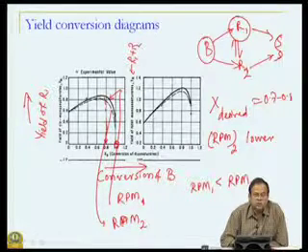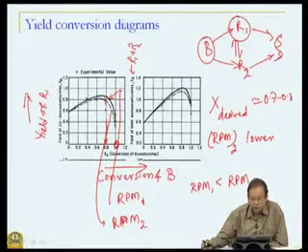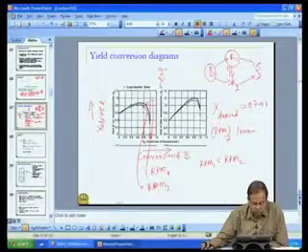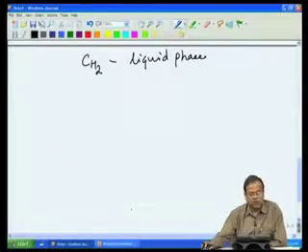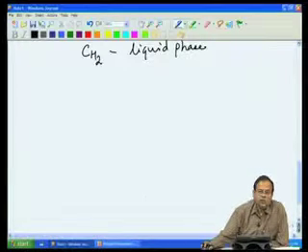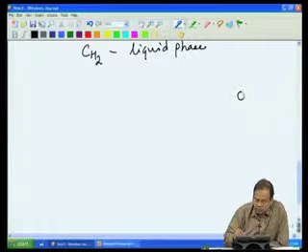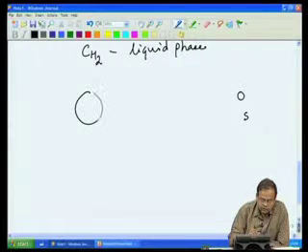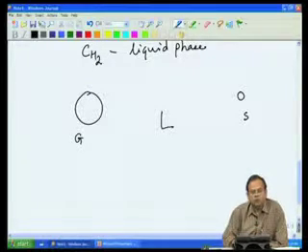So, this brings us now to what happens to the mass transfer aspect. This is as far as the kinetics is concerned. So, let us go back and look at how we handle the mass transfer aspects in this system. As I said earlier, we have a gas liquid solid system. So, here is my solid catalyst, nickel catalyst, here is my gas phase, and separating the two is the liquid.